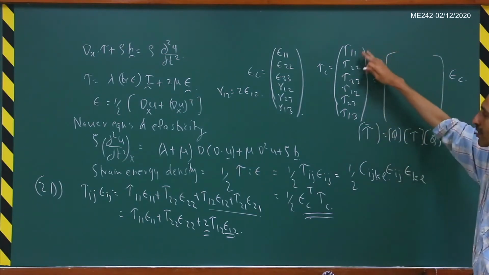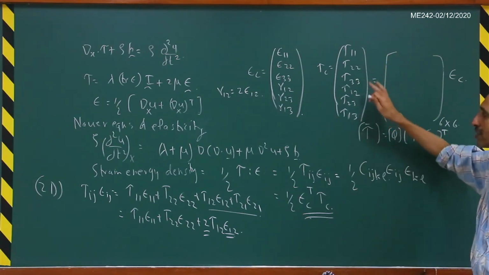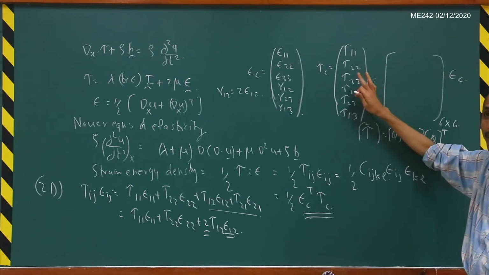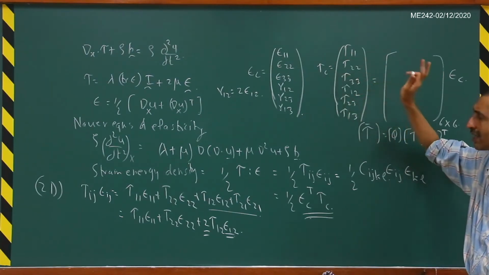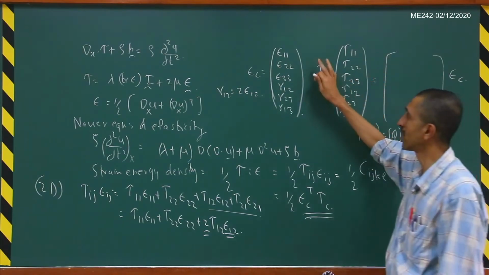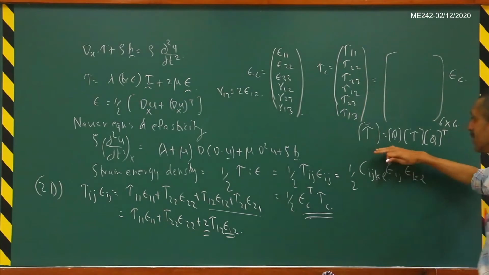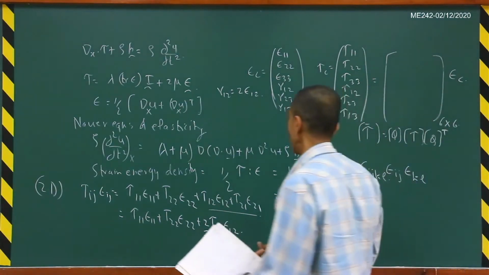This is just for ease of computer implementation and things like that. It doesn't make the stress into a vector; it still remains a second order tensor. That is why I am putting this subscript c, for a column vector. This is not really a tensorial representation. In the tensorial representation, all your usual transformation laws still hold. Fine.